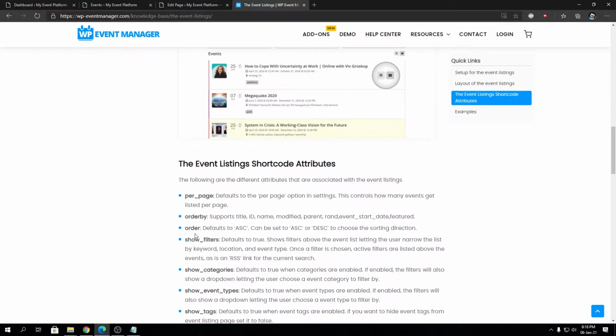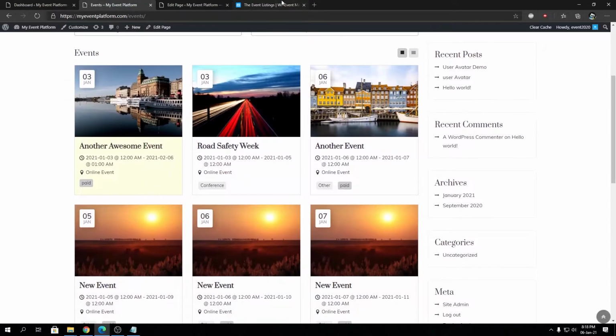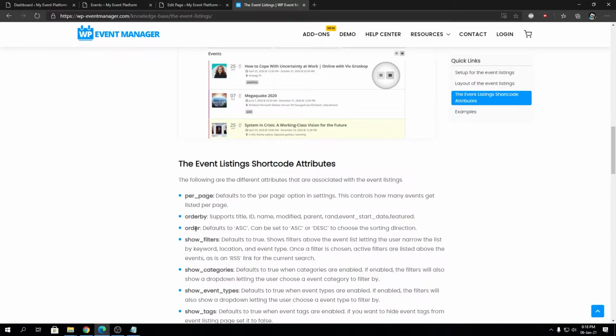As you can see over here in ascending order. And then we have order. The current sorting mechanism is indeed event start date, as you can see, in an ascending manner. Okay, so the order value expects an ascending or descending parameter. It can be either ASC or DESC, followed by ascending or descending. So what happens when you set an order attribute? It can be the name or modified. You can set order to ascending or descending. Okay, you get the idea over here. Pretty simple and self-explanatory as well.